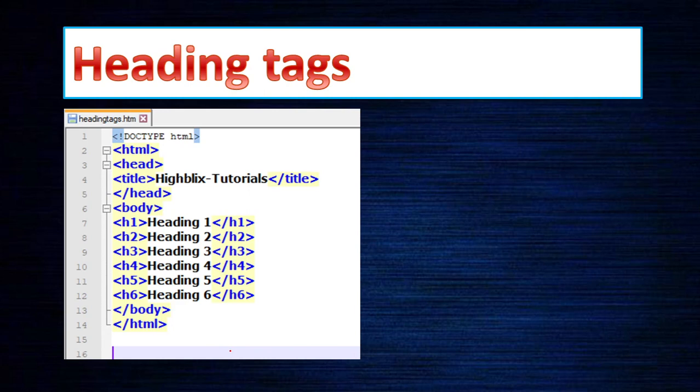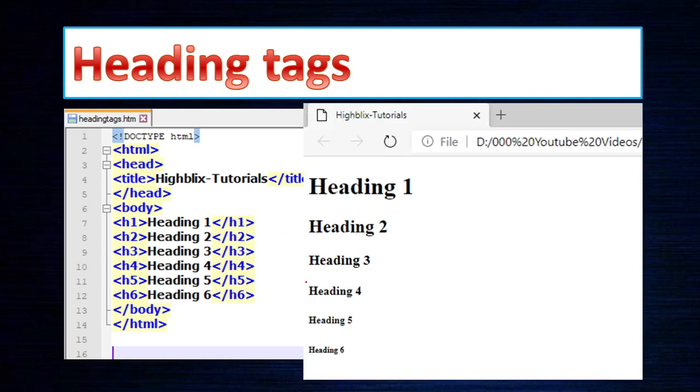As I told already, if you write once, you get a lot of ideas, a lot of things. You also know why it is like that. And if you have any questions, you can put them in the comment box, and we can help you solve the problems. Then write down this program as an example. Go back to Notepad++, type this as it is, then save and execute it. So here is heading 1, this is H1, H2, H3, H4, H5, H6. Now you need to save the file. After saving, if you open this in a browser, this is how it looks.